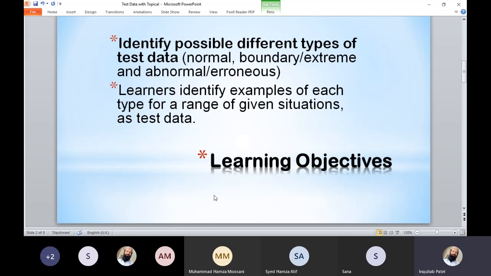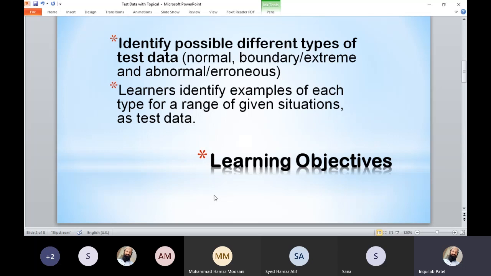Learning objectives: identify the different types of test data, meaning normal, boundary, extreme, and abnormal or erroneous data. Sometimes boundary data and extreme data are different, and sometimes they are considered the same. So we will discuss when we should use boundary data and when we should use extreme data. The second learning objective is that learners identify examples of each type for a range of given situations